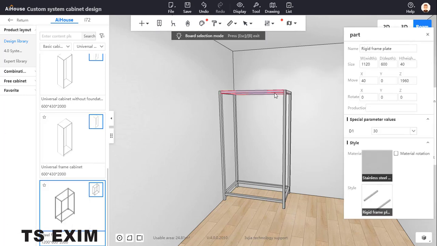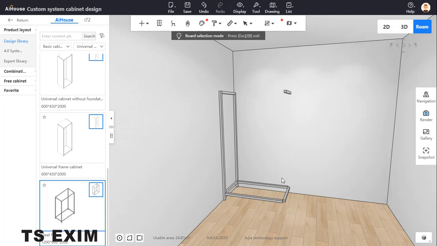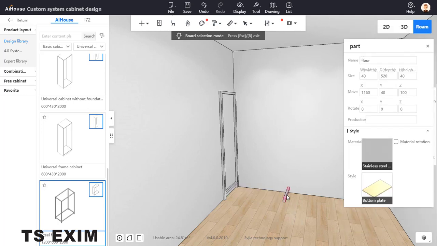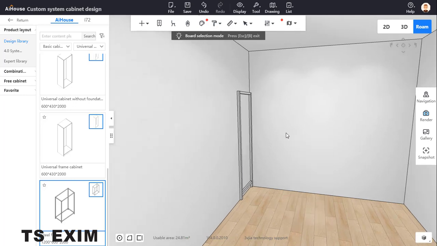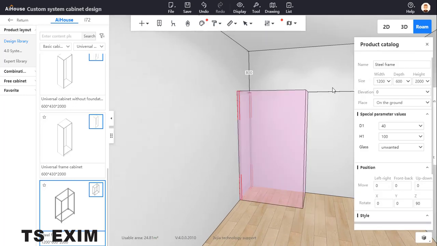So this one, if it's the one, just delete. The one, delete. Okay, I change the height first. Okay, exit. Change the height. This one I give it